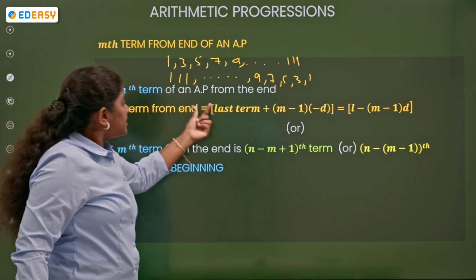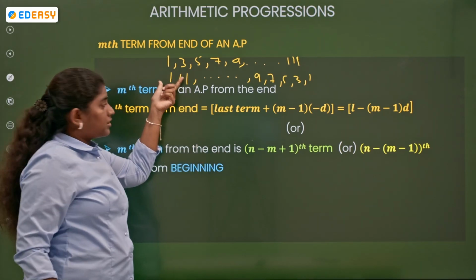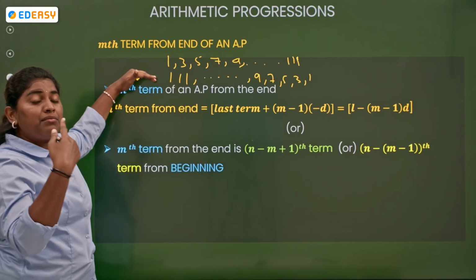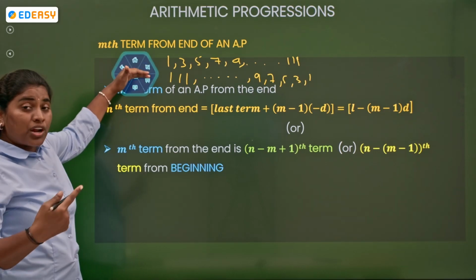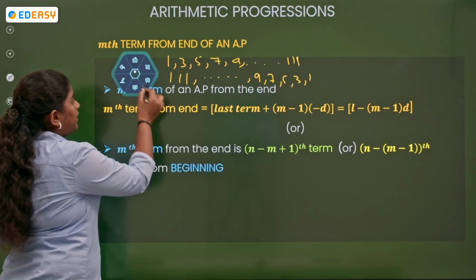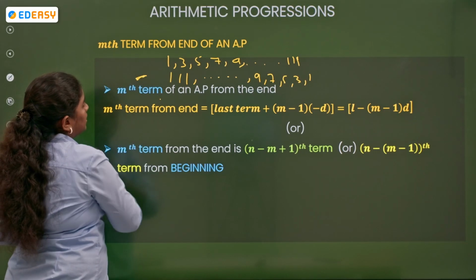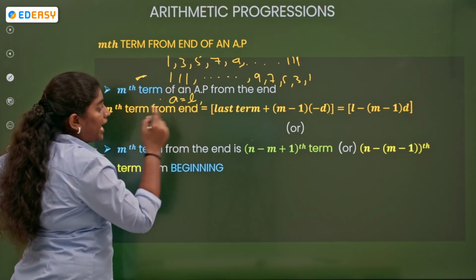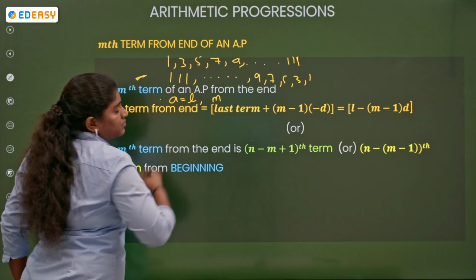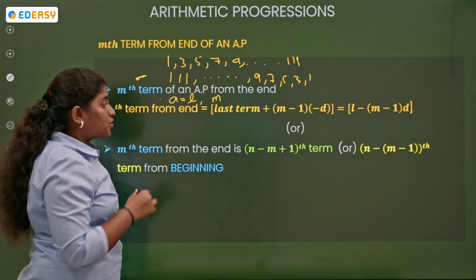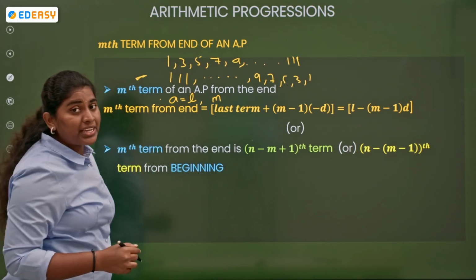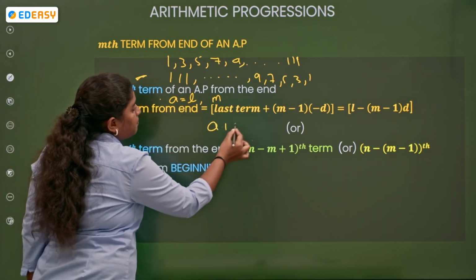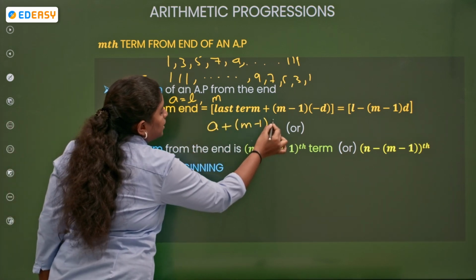For this AP, the last term becomes my a, and I need to find the mth term. So the mth term from the end will be the last term, that is a, plus m minus 1 into